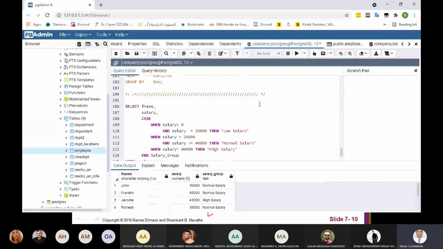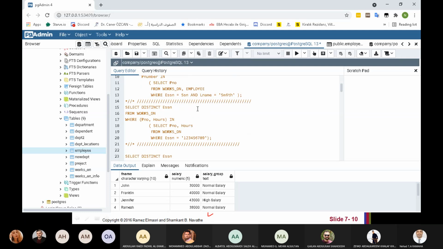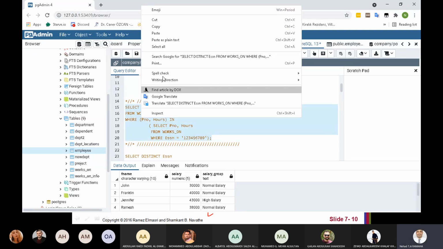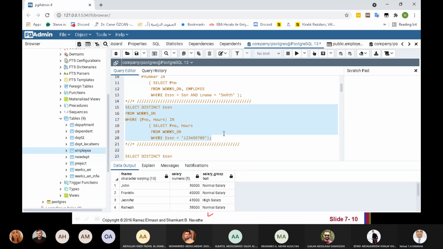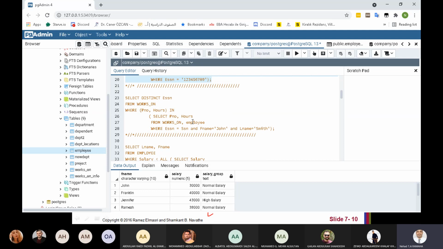Let me just close this one. I will give you, inshallah, the file for queries. I think this query, okay. I wrote it two ways.